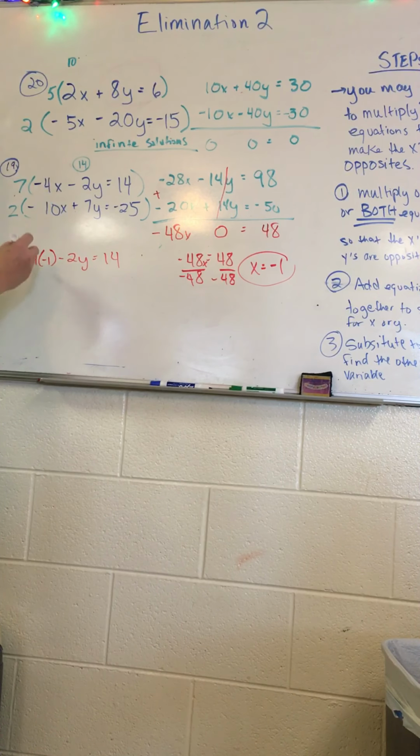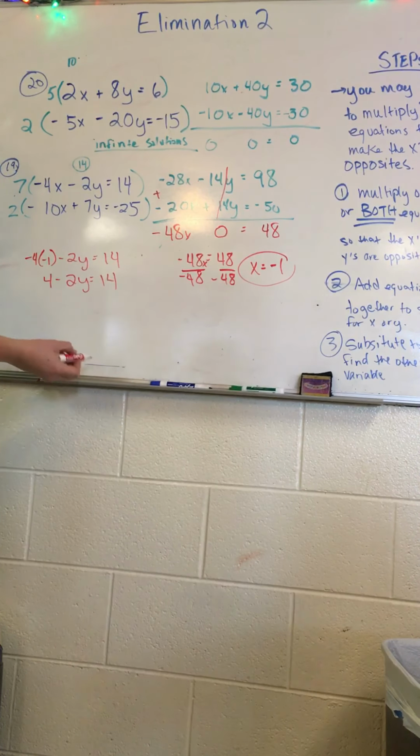All right, negative 4 times negative 1 is going to be positive 4, minus 2y equals 14. And now I'm going to,